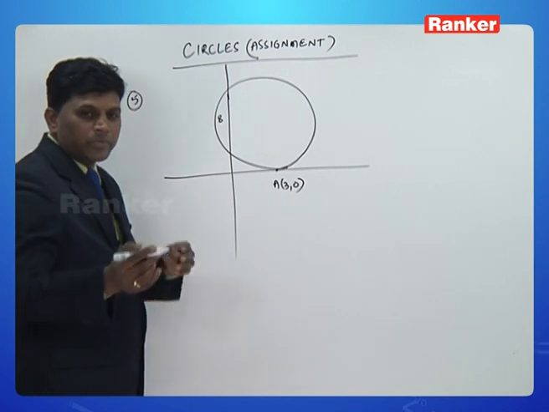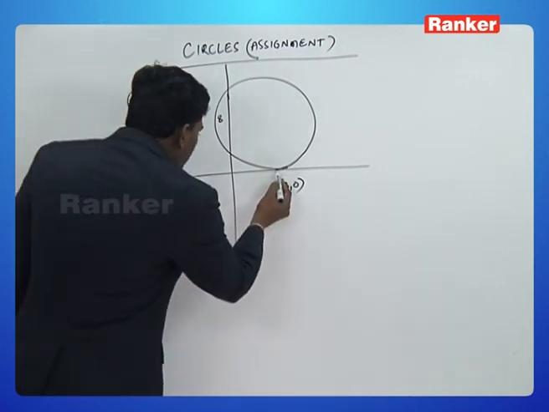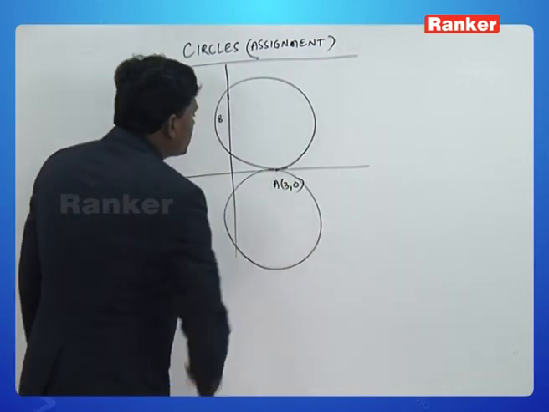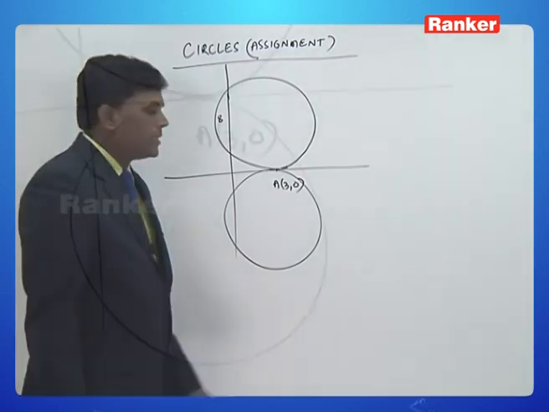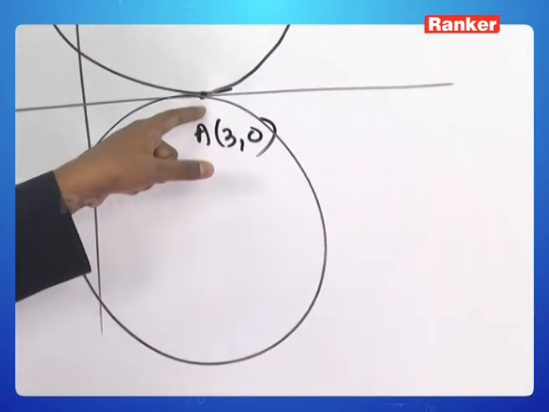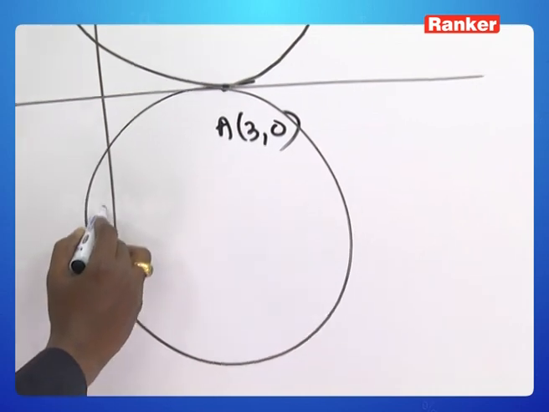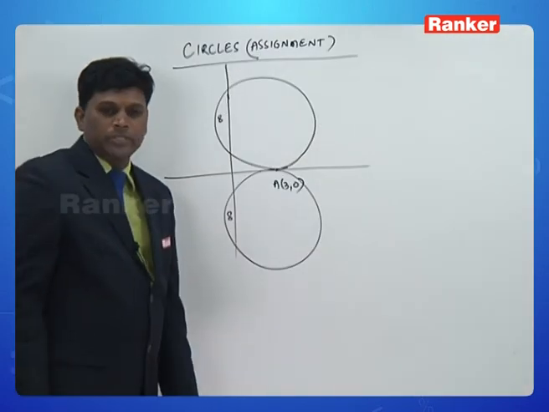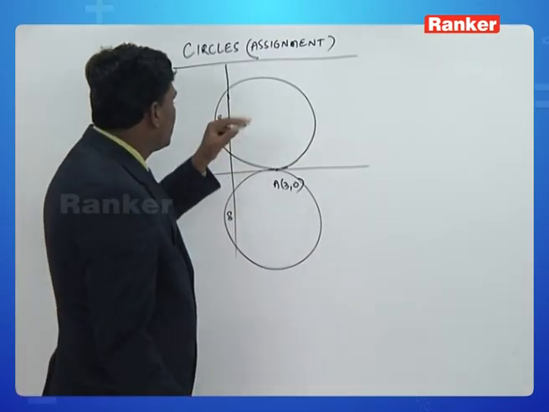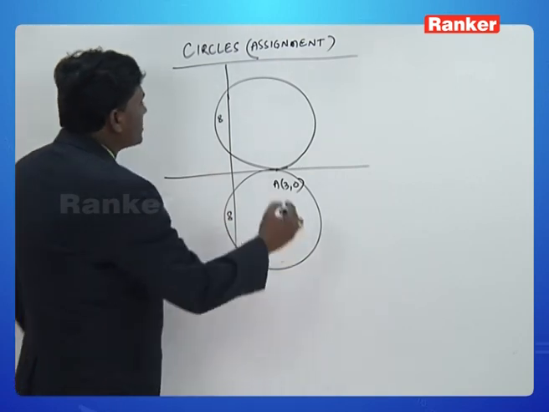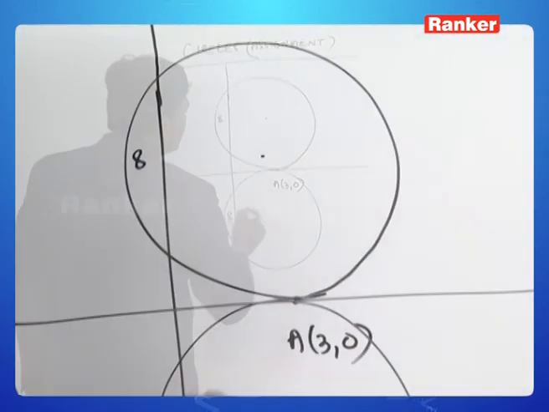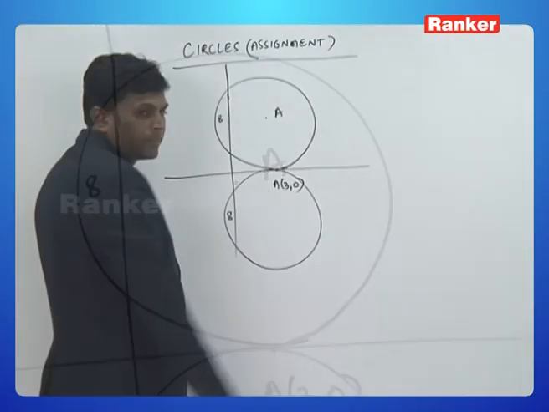And like the previous problems, here we can draw one more circle satisfying the same conditions. Here this circle is also touching the x-axis at the same point and making a y-intercept of 8 units. Now let us analyze the circle in the first quadrant. If you take the center of this circle as A,